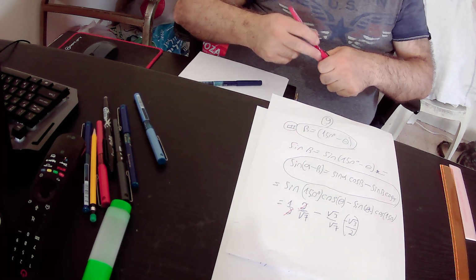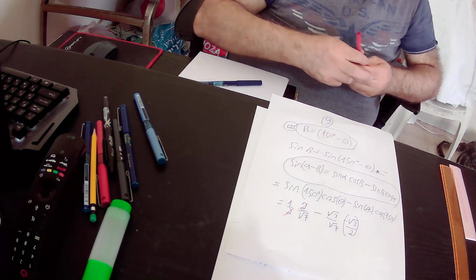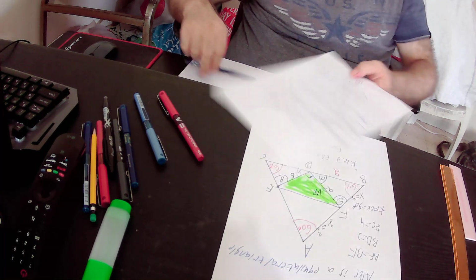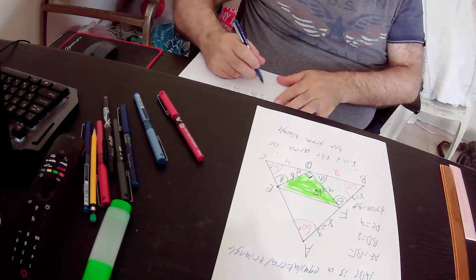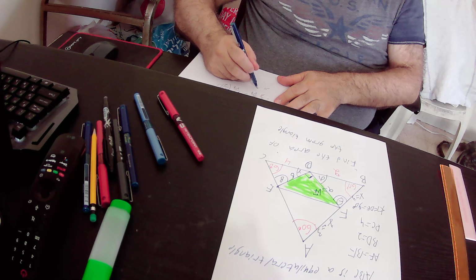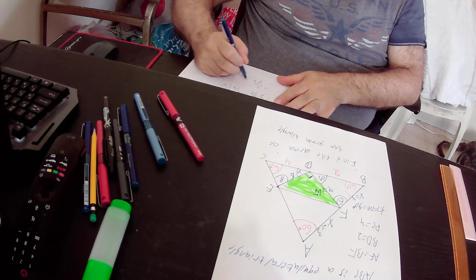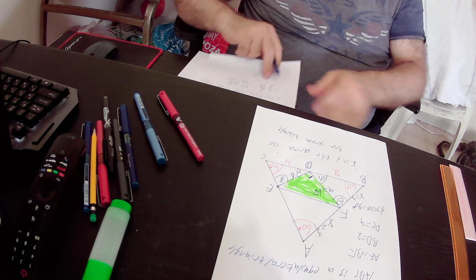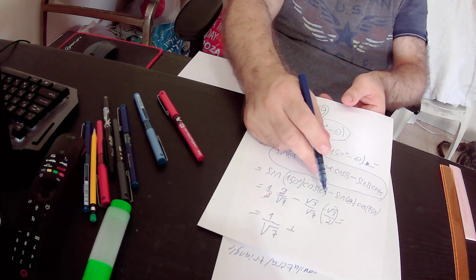So in total we will get 1/√7 plus, and root of 3 times root of 3 is 3,